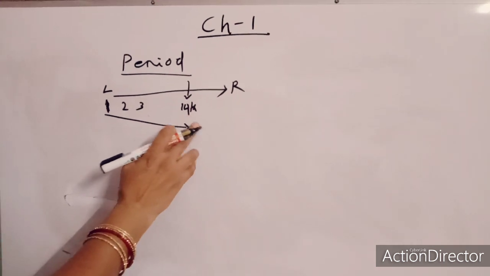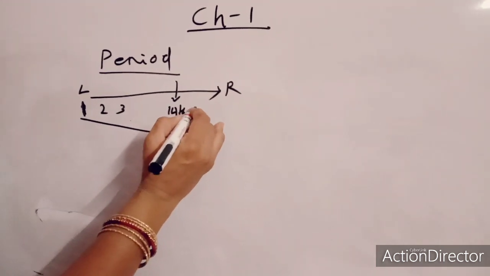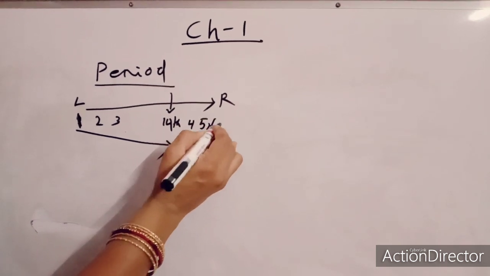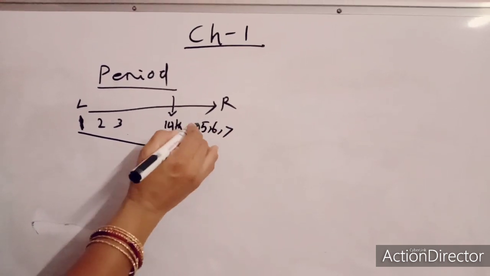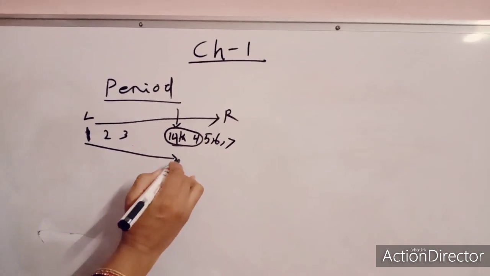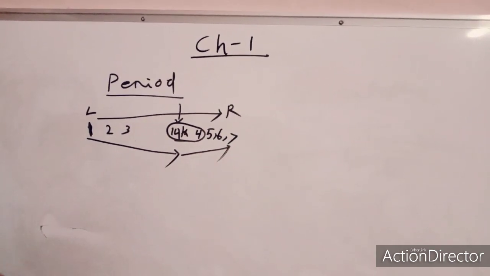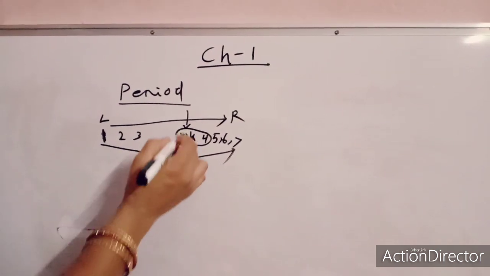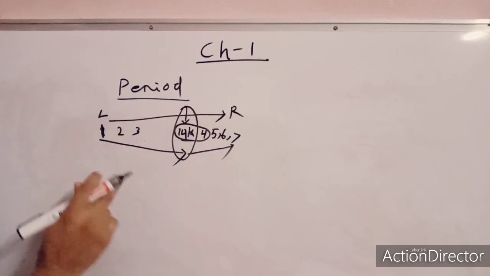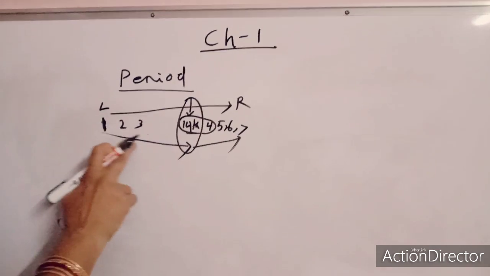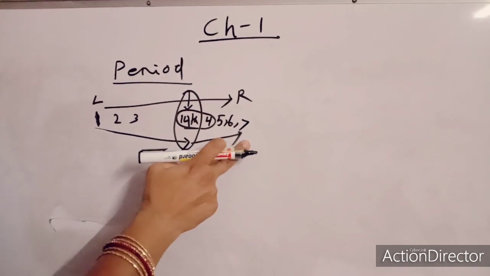After that, the number of electrons in the outermost shell becomes 4, 5, 6, 7. On the 14th group it is 4, after that 5, 6, 7. So the tendency to gain electrons increases, and along that your reactivity changes. The 14th group, the silicon group, has the least reactivity. That means reactivity first decreases, then increases.